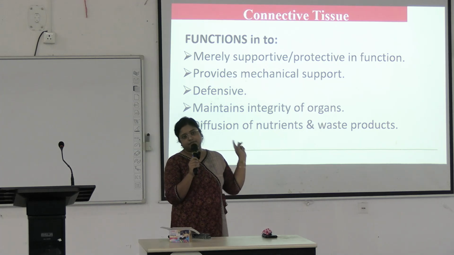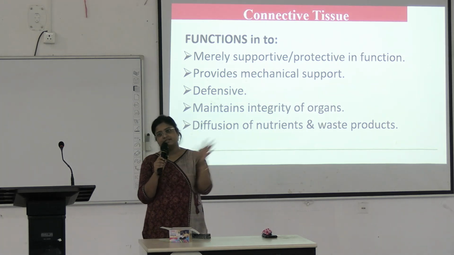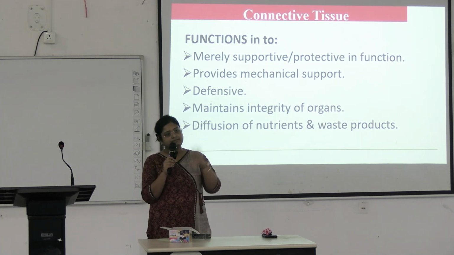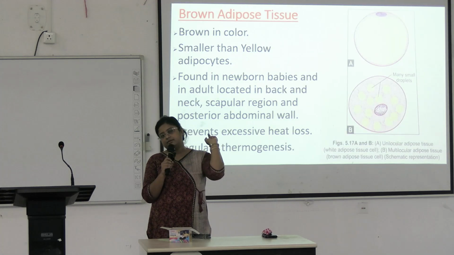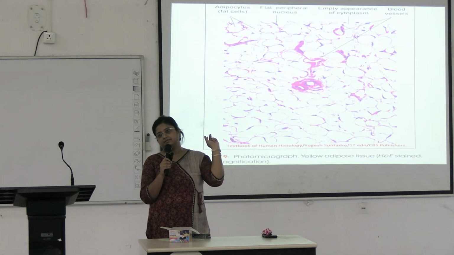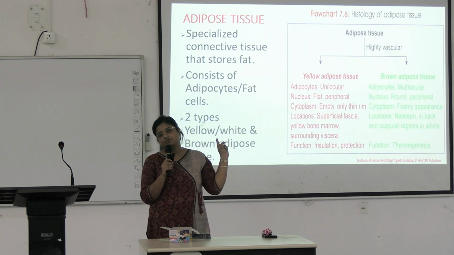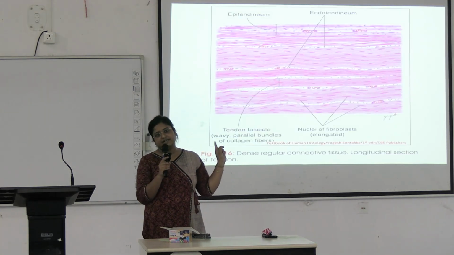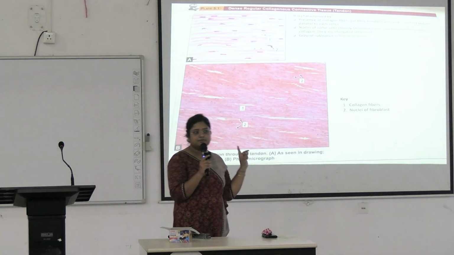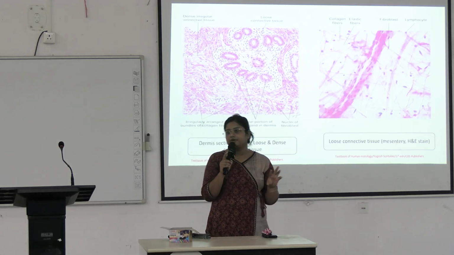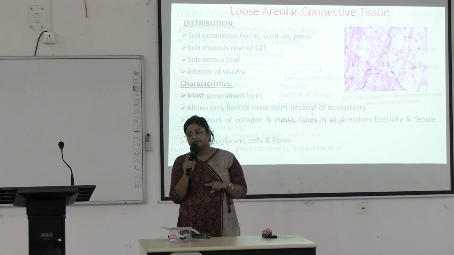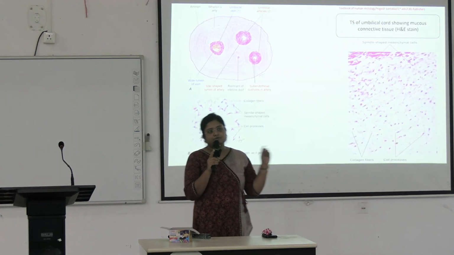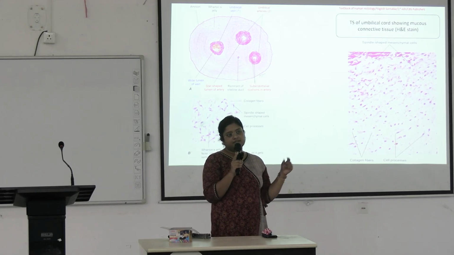And the three types of fibers, the different cells of connective tissue, and all the different types of connective tissue: embryonic connective tissue, adipose tissue, loose areolar connective tissue, dense regular connective tissue, dense irregular connective tissue. All those diagrams you have to draw in your histology record. Okay, understood? And those who have histology class today, you will see different types of connective tissue.